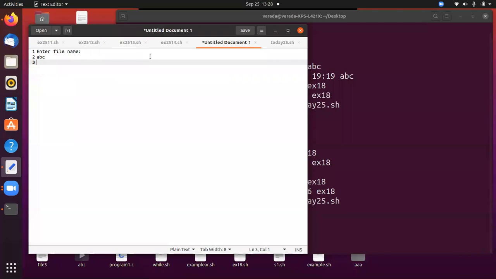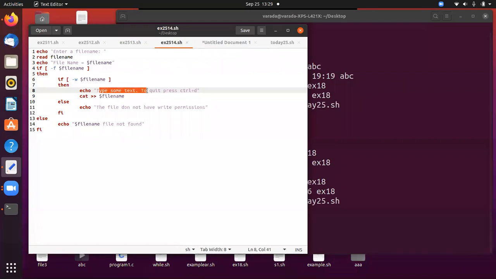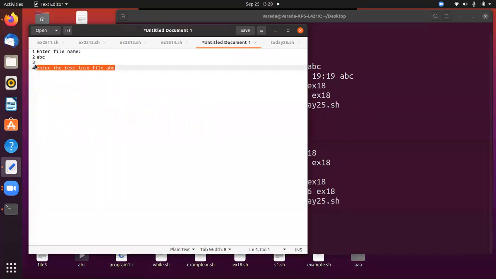For example, ABC file is available. Now it displays a message: enter the text into file ABC. Type some text, to quit press Ctrl+D. So this is the message you are going to print.